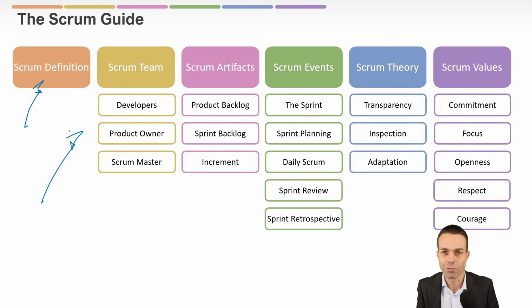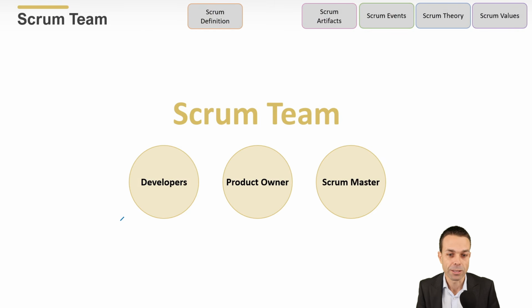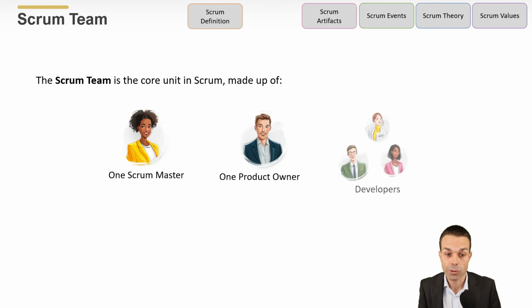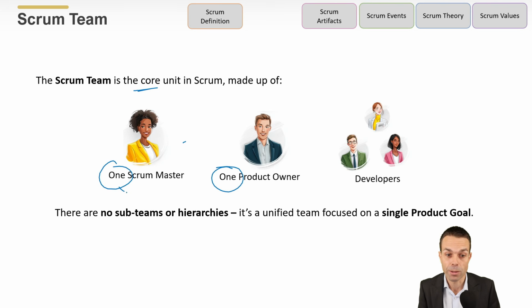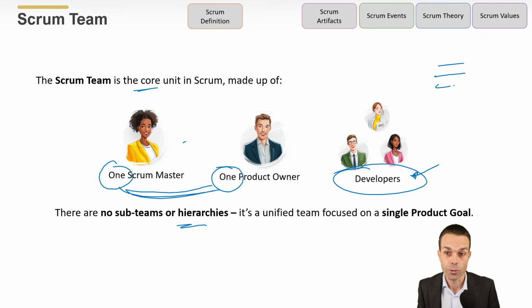Now, who is involved in a Scrum team? We've got three main players: the developers, the product owner, and the Scrum Master. The core unit in Scrum, made up of those people, only one Scrum Master, only one product owner. And that's very important. We're going to see how important that is later on. And then the team of developers. The team can be anyone who's delivering the work, but in Scrum, they are just called developers. There are no sub-teams or hierarchies. It's a unified team focused on that single product goal through the product backlog that's owned by the product owner,